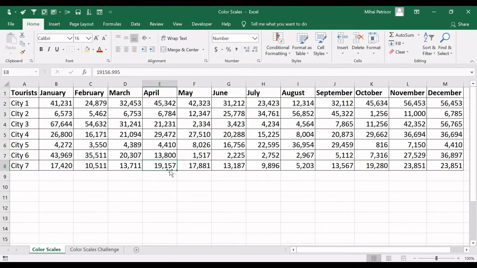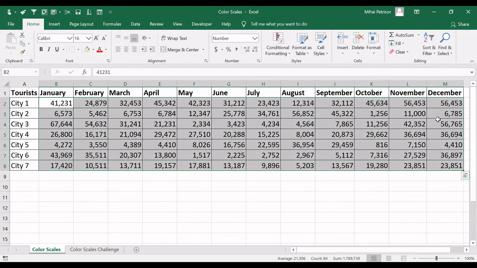Hi, in this video we'll see how to play with color scales, transform this table containing some tourist numbers in 7 cities into a color scales chart that will tell us in what period of time there is a very big number of tourists for each city. So going into the details, I'm going to select all the numbers from January to December for all the cities, and